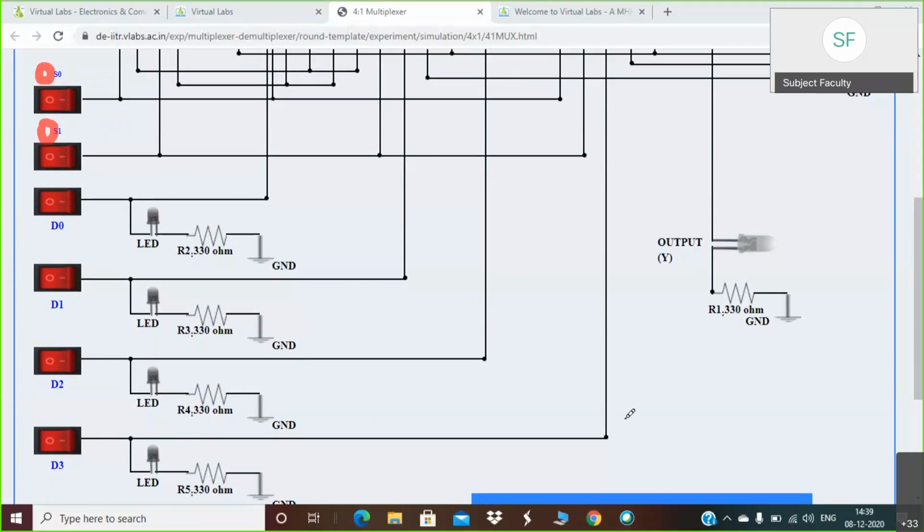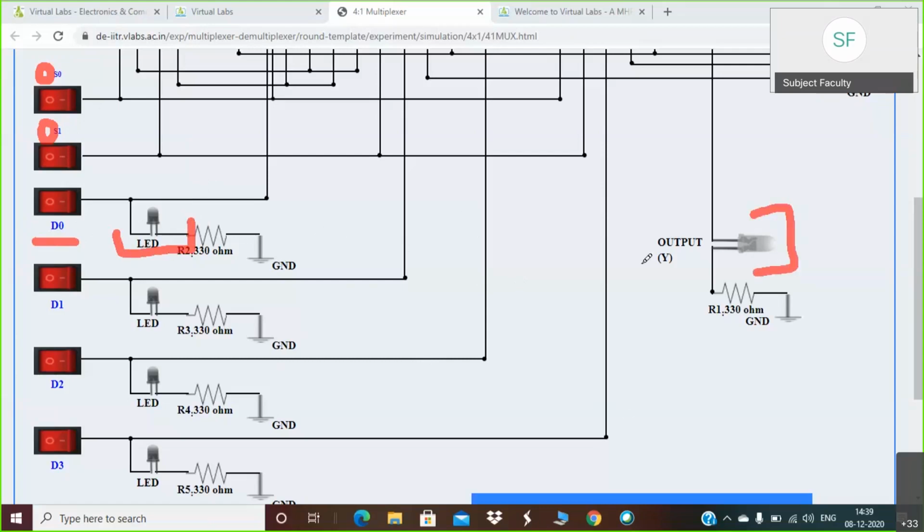Then which input should be connected to the output? Both select inputs are 0 0. For 0 0, D0 should be connected to the output. Now you have to observe this D0 LED and this output LED.